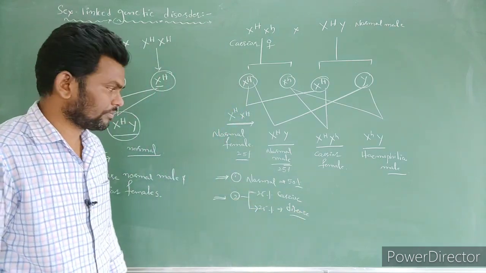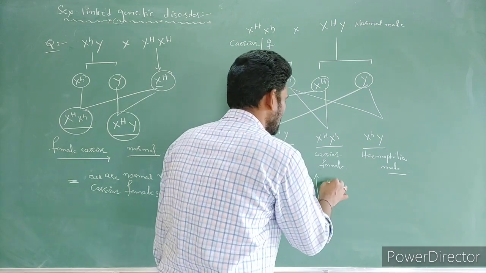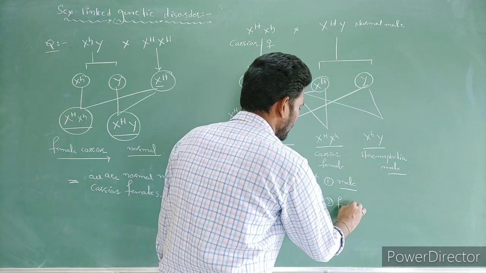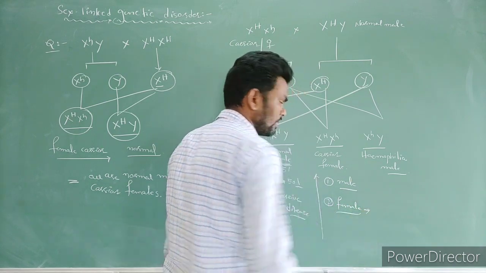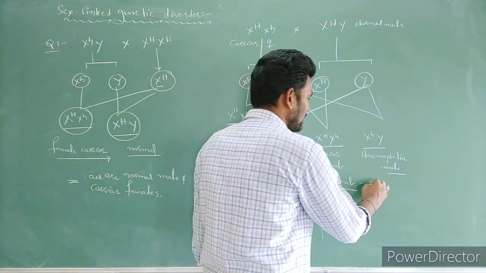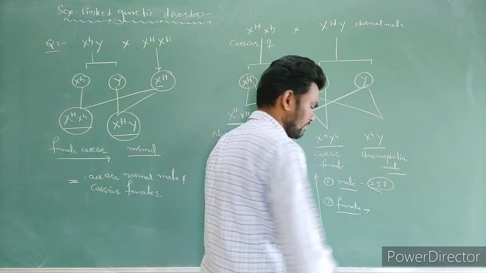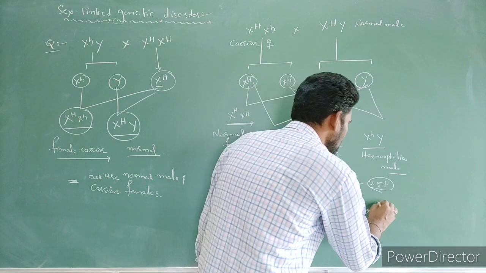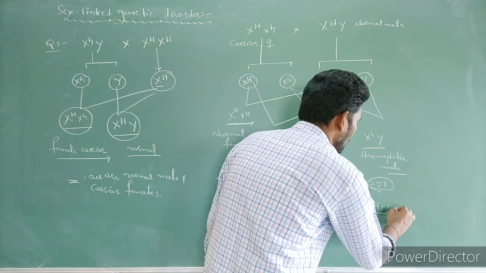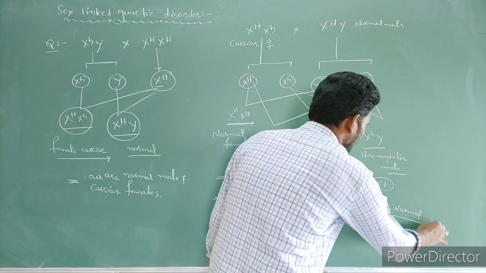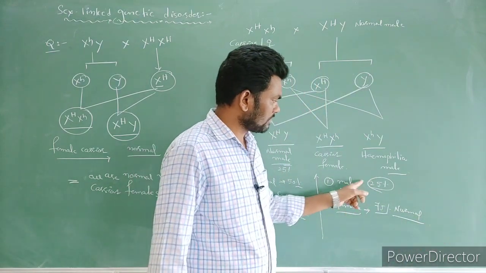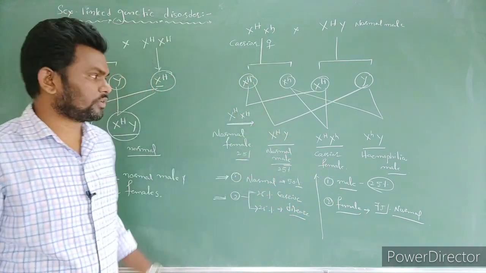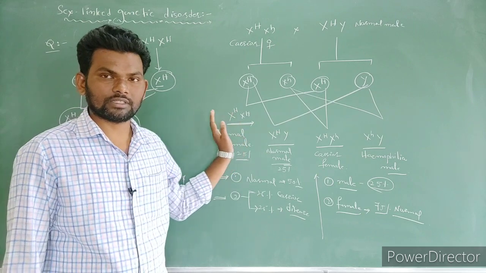So this is one type of question, and sometimes they are going to ask, for example here, the male percentage and female percentage. Here in males only 25% of individuals are going to suffer from the disease, and for females we have to write normal, carrier also normal. So it means 75% of individuals are normal, females are normal, and 25% of males are going to suffer in this class. Okay, so this is how previous year questions are asked.